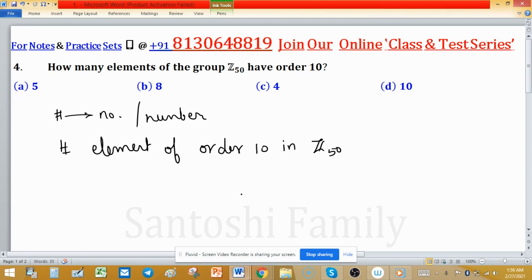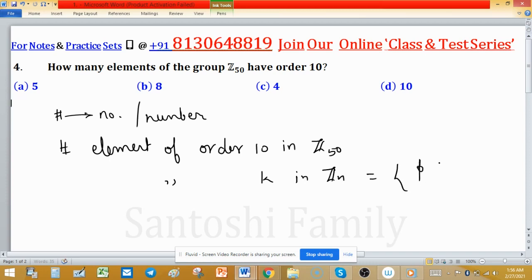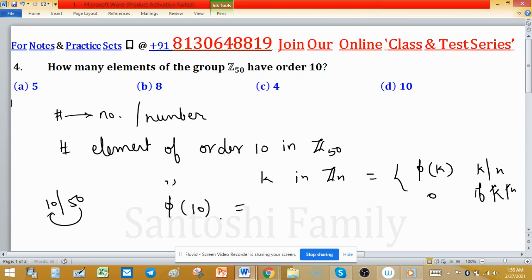This problem can be solved easily by a formula. The number of elements of order k in Zn is equal to phi of k, where k divides n, and 0 if k does not divide n. This is the formula. Directly you can apply the Euler phi function. Because 10 divides 50, or 50 is divisible by 10, the number of elements of order 10 can be easily evaluated by this formula, and phi of 10 is 4